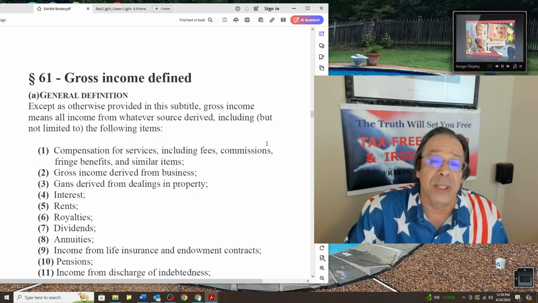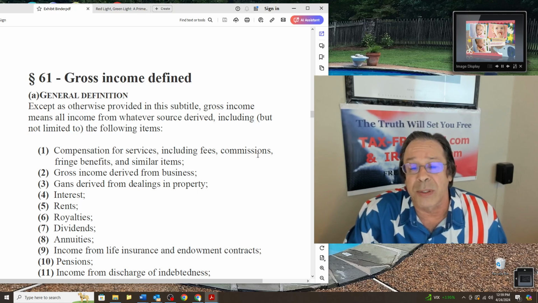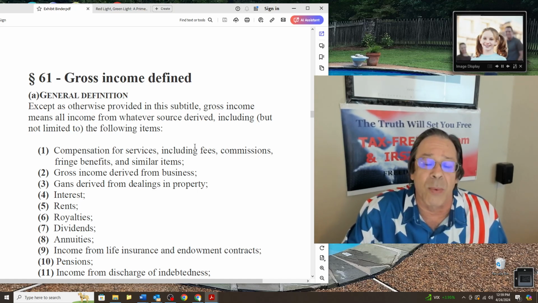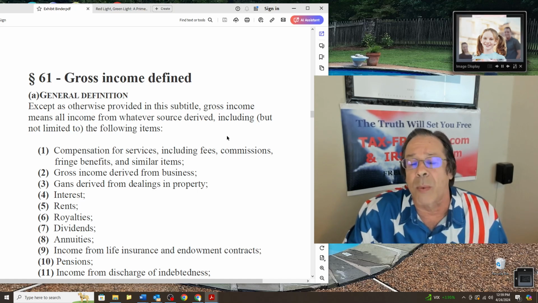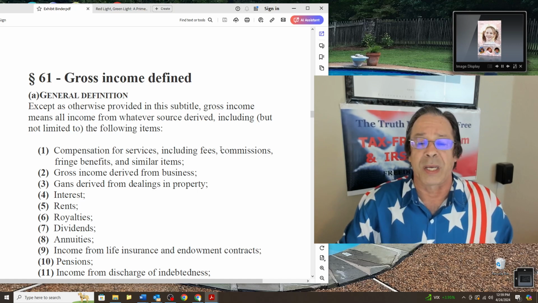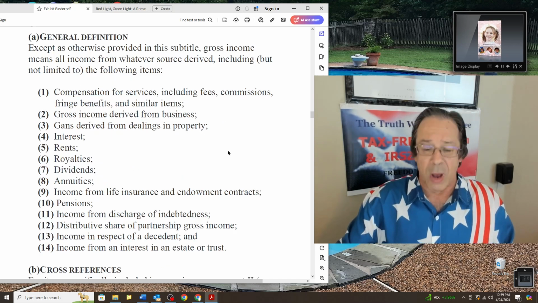That's not what the 16th Amendment did. That's not what the original statutes did. It's not what the original income tax legislation did. It's not what the Canadian Tax Treaty did. It's not what the recodification of the statute to Section 61 in 1954 did. Every single bit of that is fraud.